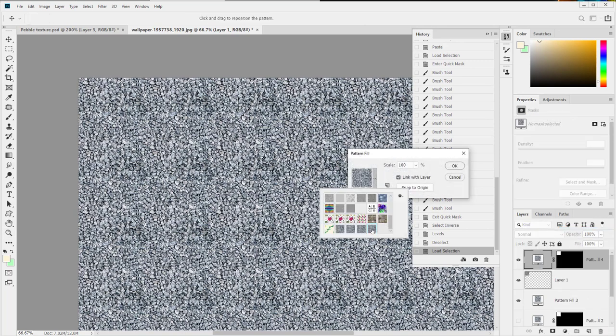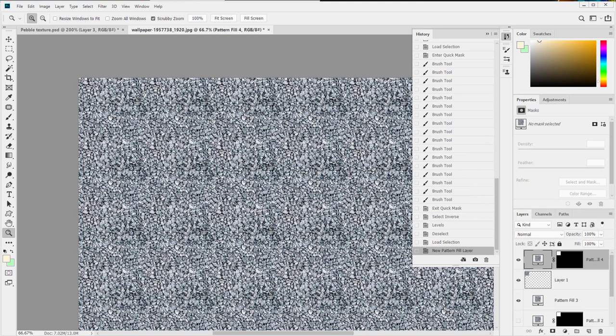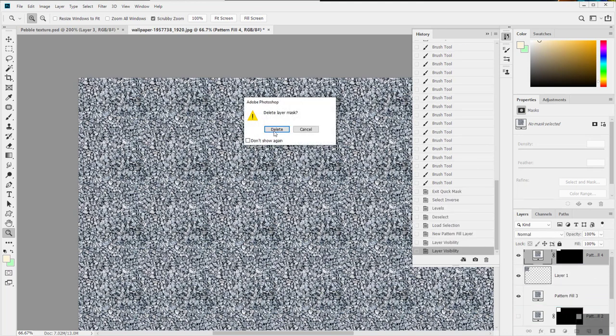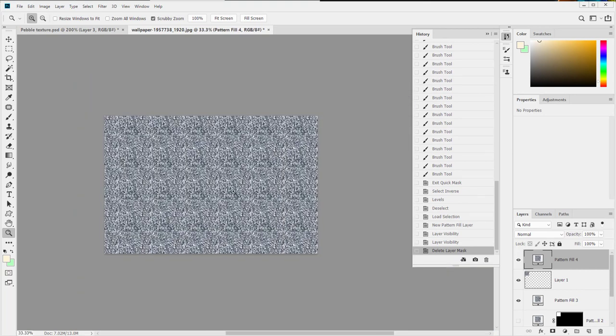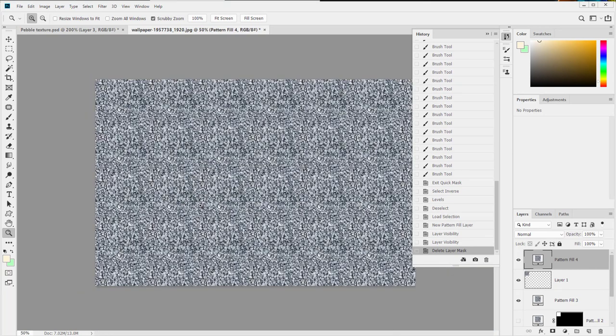It's probably time to clean up some of these patterns. Just right click and delete the pattern so that you can get it down to the ones that are working. And okay. That's weird. I thought, oh, right. No mask. The selection's messing me up. Delete that. There we go. Much lighter, much better. I'd probably go back in one more time and clean this up, but I think you